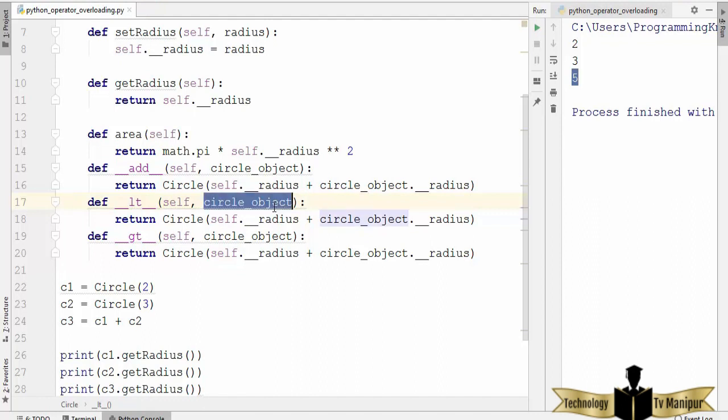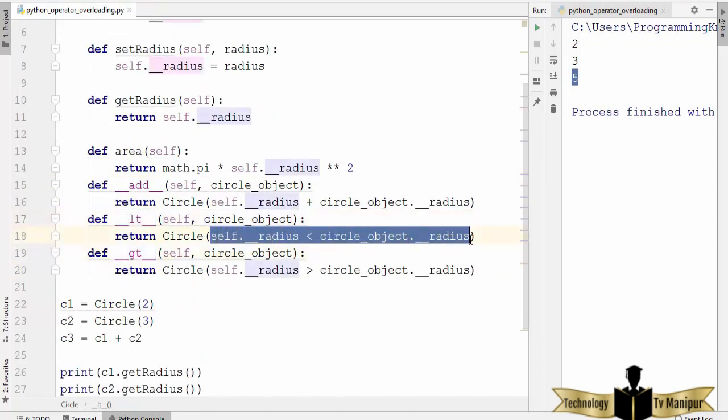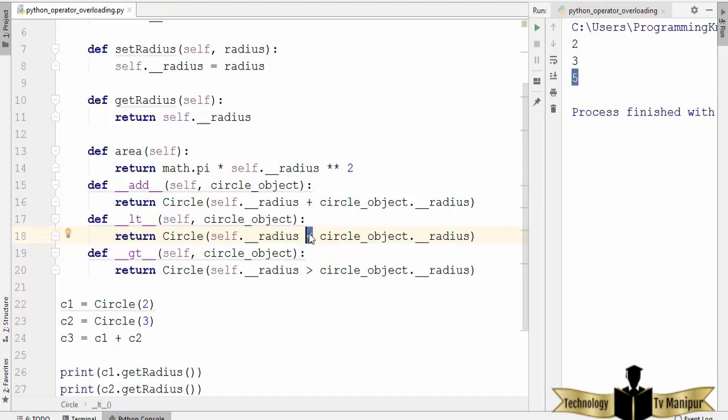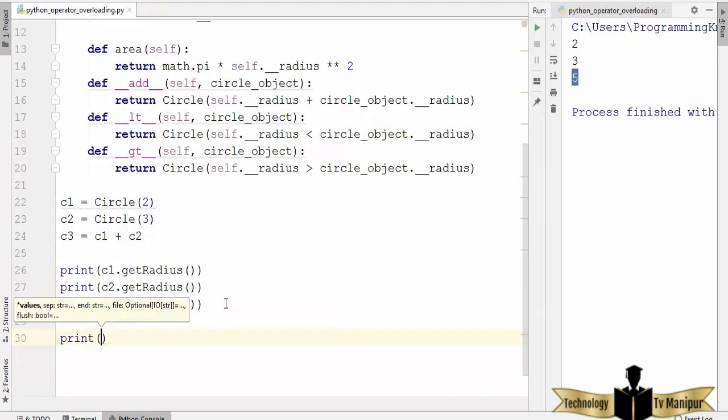And now this less than and greater than function is going to give us a Boolean value. If this radius is less than this radius, then it's going to return true. Otherwise it's going to return false. So I already have those two instances of the class, and if I want to compare these two, I can just write C1 and use the less than operator here, and then C2. And also I'm going to use the greater than operator here, and let's run the code and see what